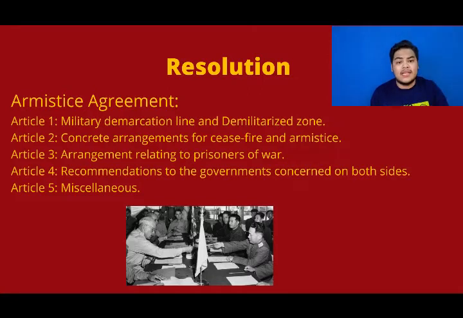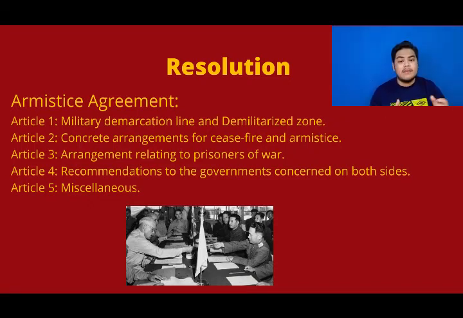There were 5 articles discussed in the agreement. Article 1, Military Demarcation Line and Demilitarized Zone. Article 2, Concrete Arrangement for Ceasefire and Armistice. Article 3, Arrangement relating to prisoners of war. Article 4, Recommendation to the governments concerned on both sides. Article 5, Miscellaneous. After 2 years of negotiations, an armistice was signed on 27 July 1953 at Panmunjom in the 38th